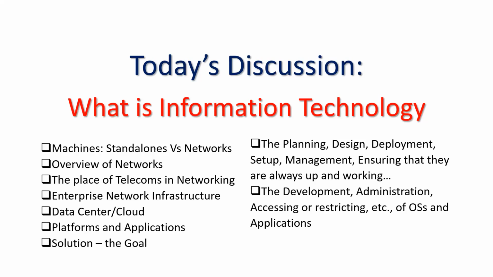When we talk about machines in IT, we are referring to machines that are connected to other machines via networks. So networks will be a connection of multiple machines in such a way that they can see one another and they can share resources amongst themselves. So if you have a mobile phone and the mobile phone is such that it can connect to other mobile phones around your area, around your country, around the world, then that mobile phone is on the network.